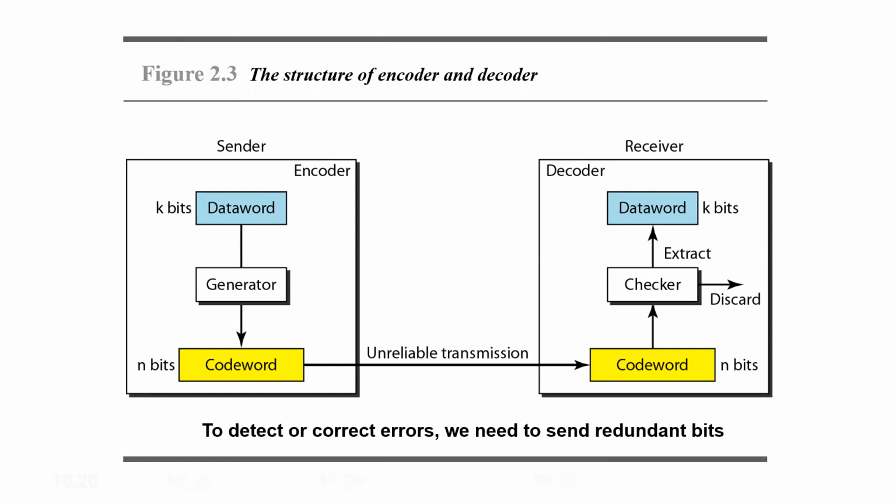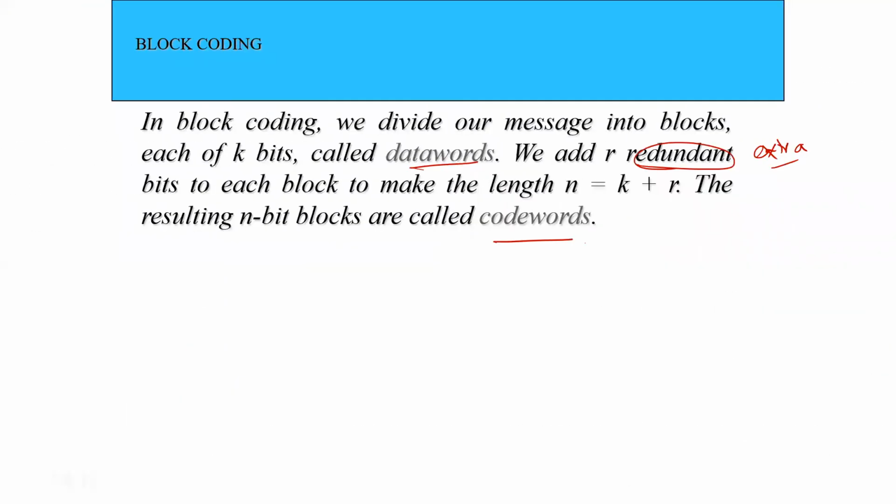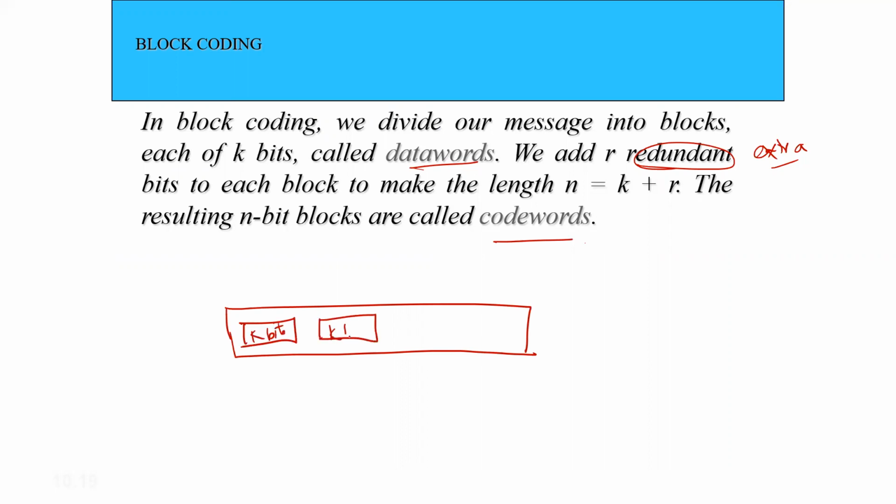So before that, I will just make sure, yeah. So suppose we have a message, and in that I am making blocks of k bits, so this will be the k bit block. However many k bit blocks we can create depends on the size of the message. How many data words will we have? We will have 2 power k data words, as I gave an example for the same, and 2 power k data words, each of k bits.